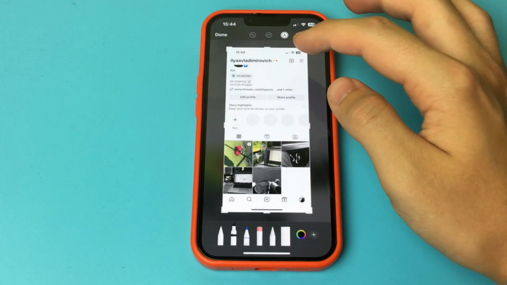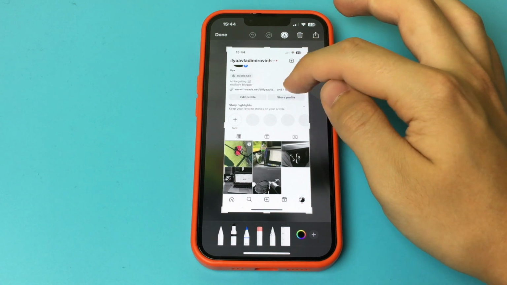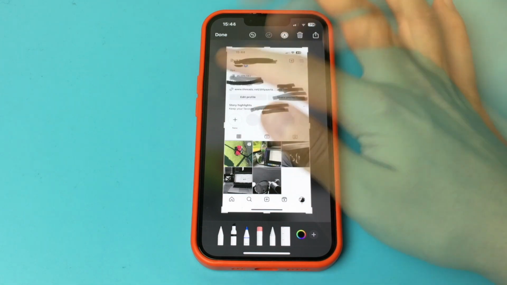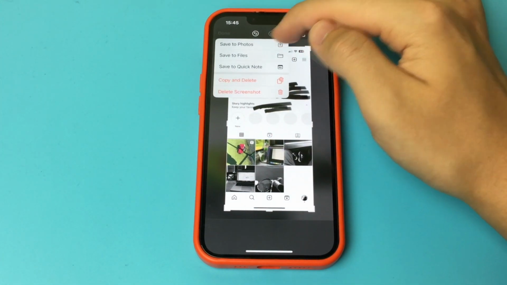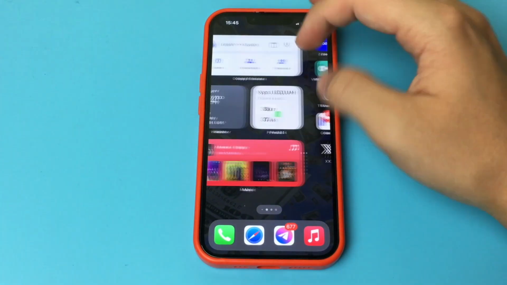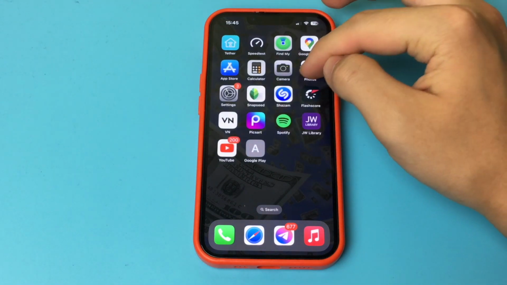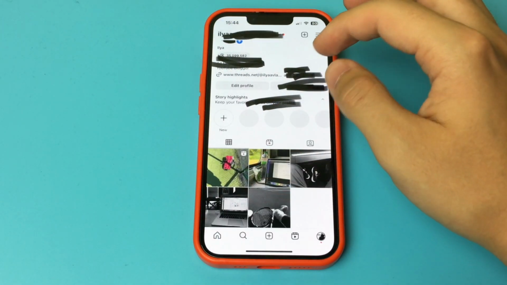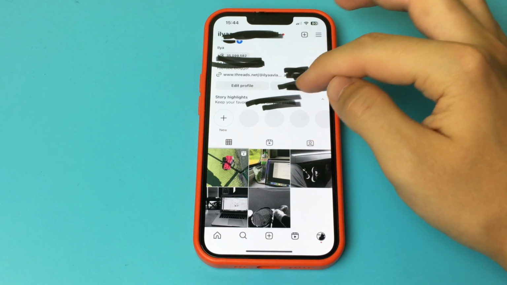Thank you. In this video, I want to show and tell you how to read the hidden text under the black marker on your screenshot. I'm going to show using an iPhone as an example. For example, you have a screenshot like this and you want to read the text that is hidden because of the black marker. It's very easy to read. Watch carefully and repeat after me.